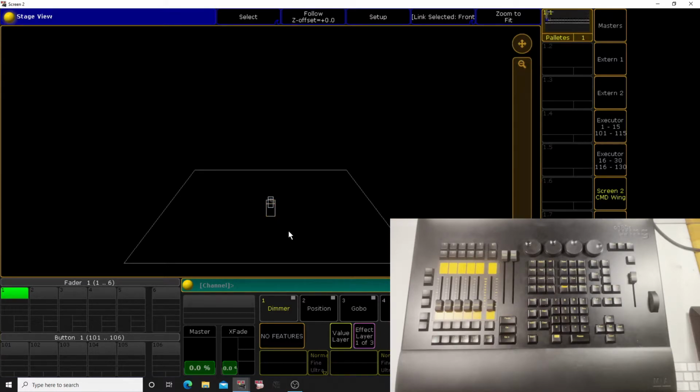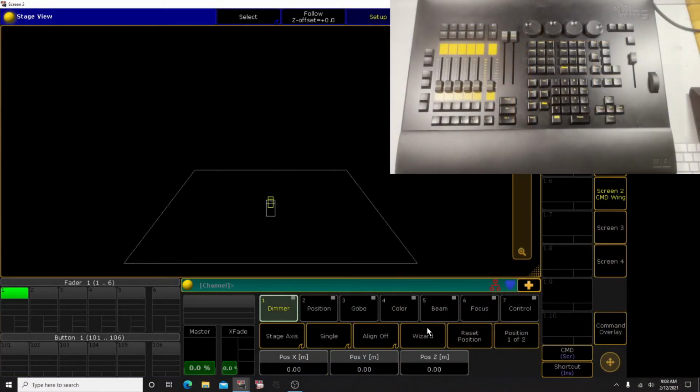But for now, we're just going to work in this stage view. And so, what I'm going to go ahead and do is select our fixtures. So let's do 1 through 20. And then I'm going to go ahead and click over here to Setup. And then I'm going to click Wizard,